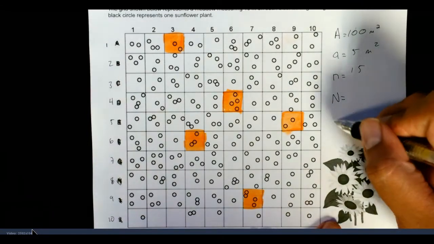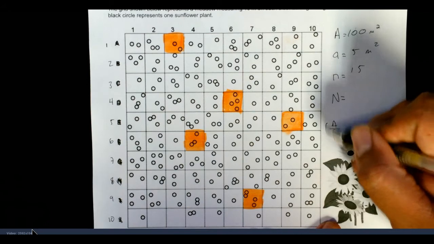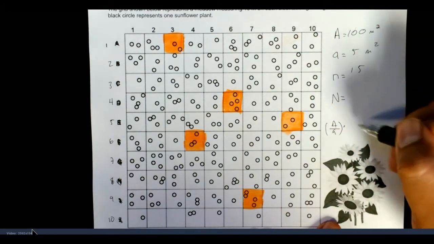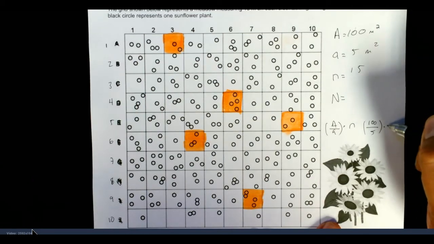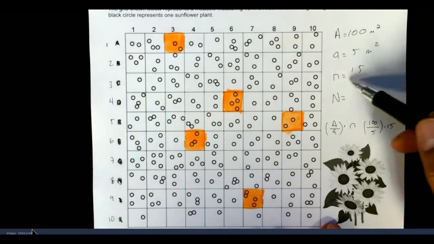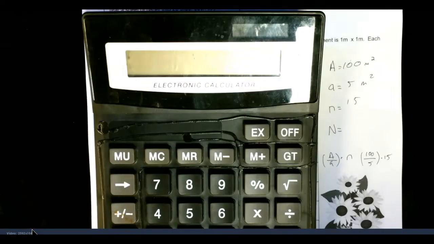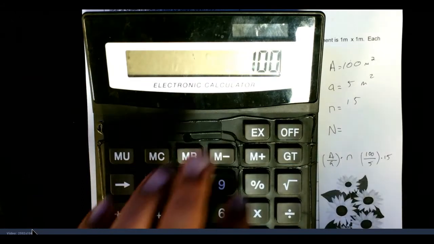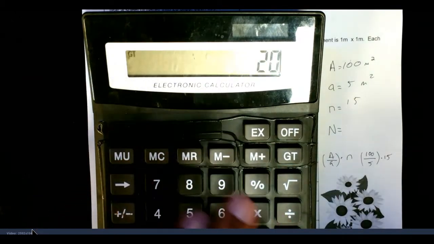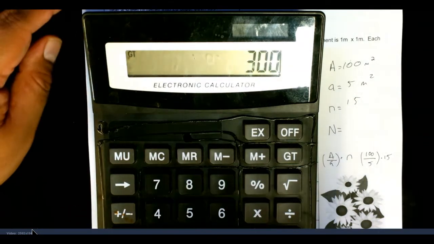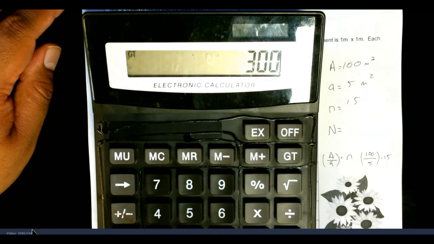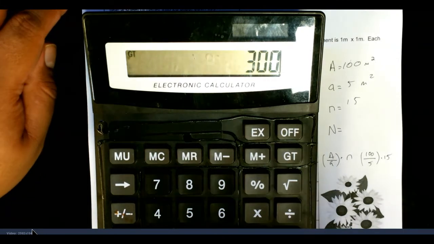So this is always big A over little a. Do that first, multiplied by little n. So in this case, we're going 100 divided by 5 times 15 is going to give us our big N. So bring in our handy dandy calculator. And let's go 100 divided by 5. Some of you can do this in your head, which is fine. Times 15. And it's telling us the number of sunflowers in this area is probably close to